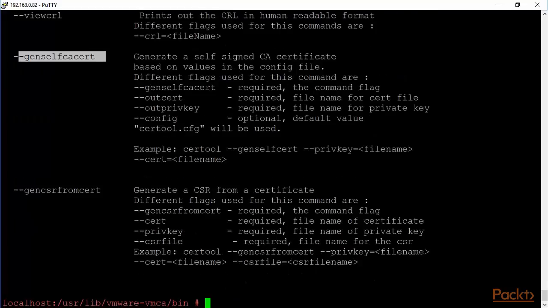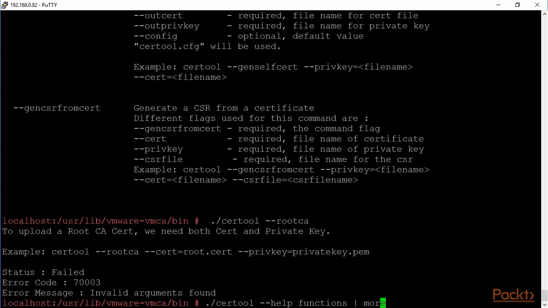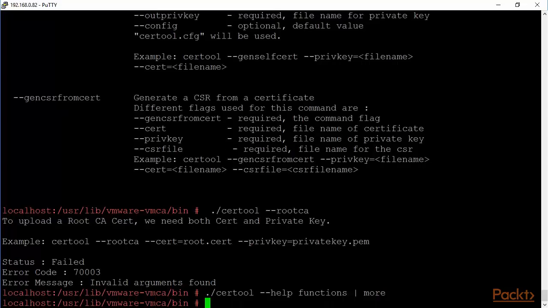Gen a CSR from a certificate would be one of the few other options that are available. So let's give it a shot. So let's see what the steps would be to generate a new VMCA signed root certificate. Here we go again. Control C this. Certool